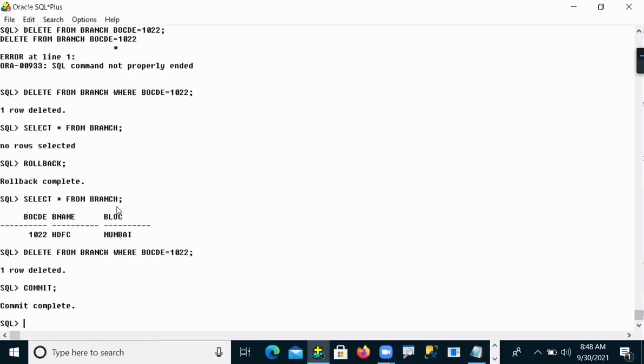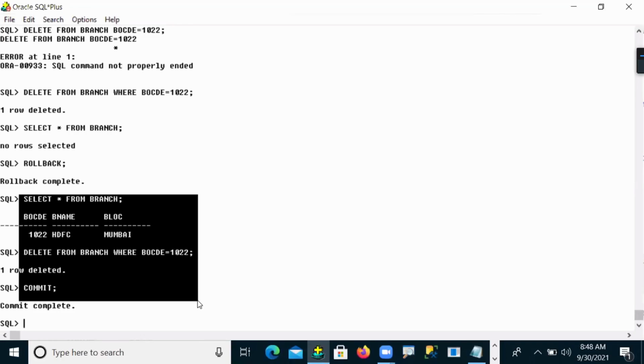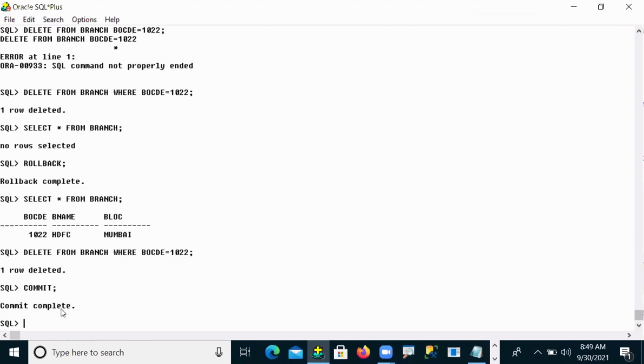Commit means whatever data I delete from my table, is this permanent deletion or temporary deletion? Permanently deleted, right? So no data in database memory, no data in instance memory.